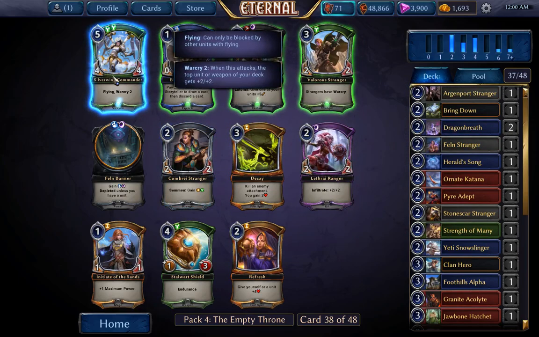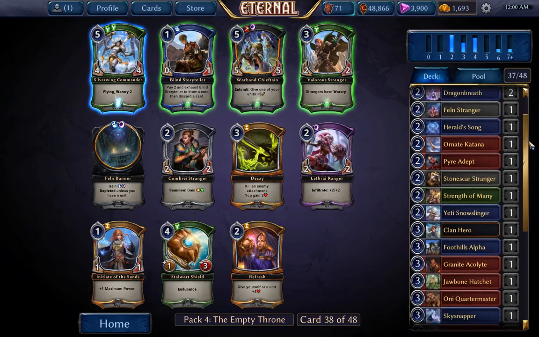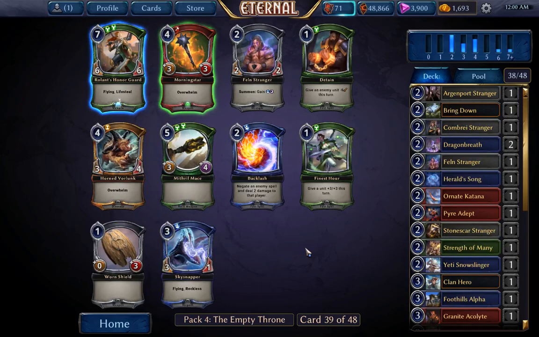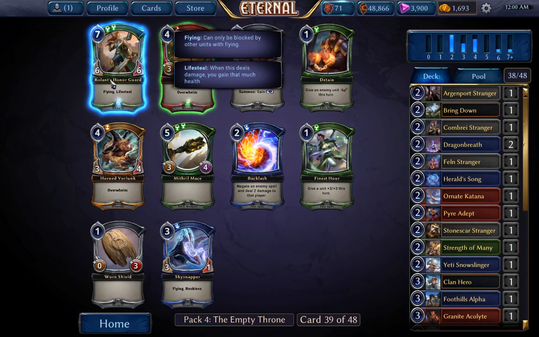Or I can take the Silverwing Commander and just hope I get more fixing. No, that's a bad plan. Let's get the Stranger. Oh my...